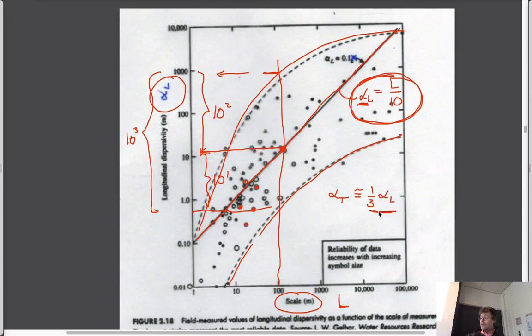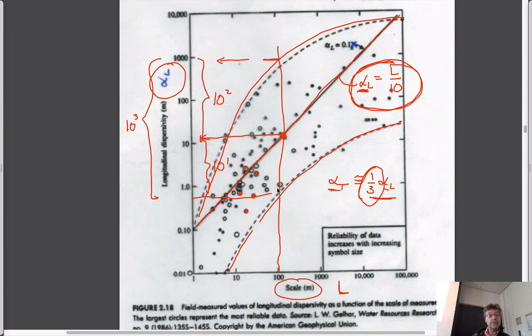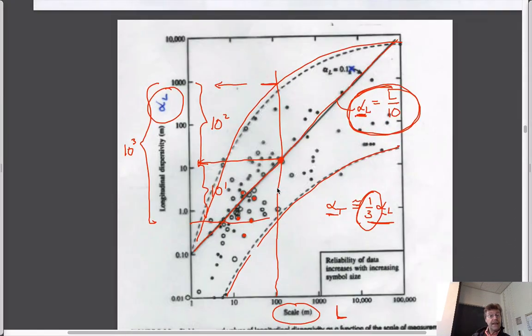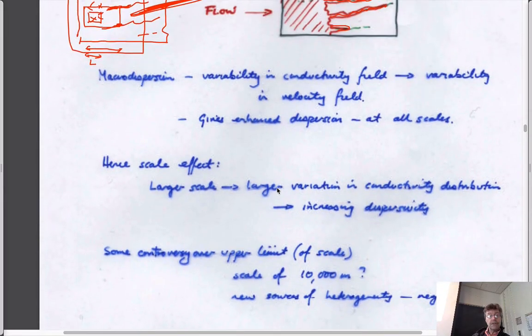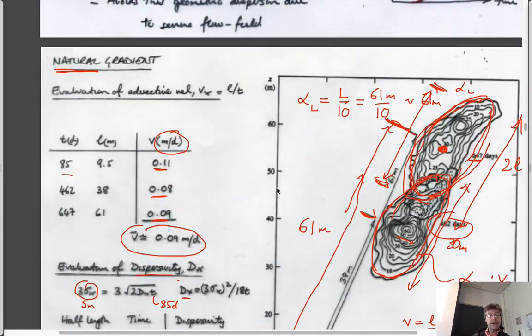So remember these plumes, when you look down on them, they look like ellipses because they spread out more longitudinally than transversely. And so not unreasonably, you'd expect this to be smaller than this. Could be a half, could be a third, could be all kinds of numbers given this spread here, but it gives us a way of being able to do that. And so that allows us to say something about how plumes will spread as a function of